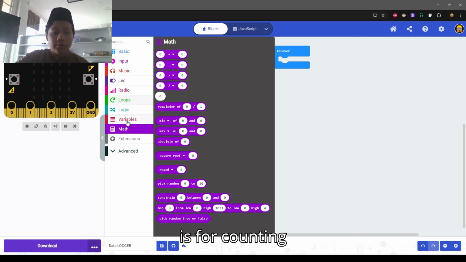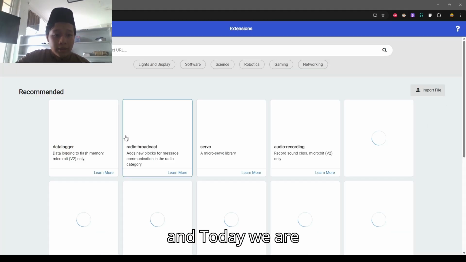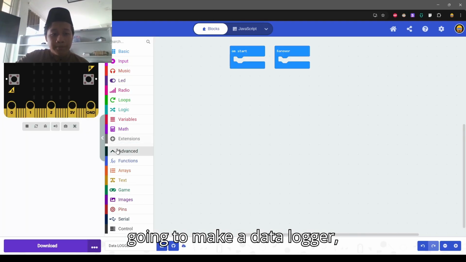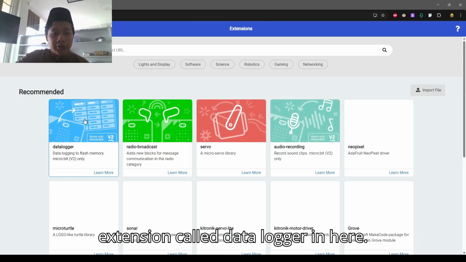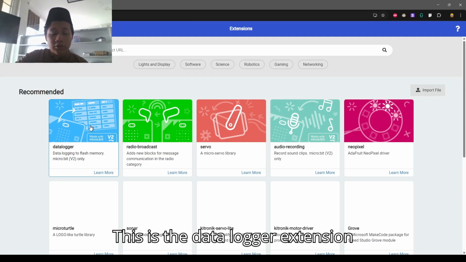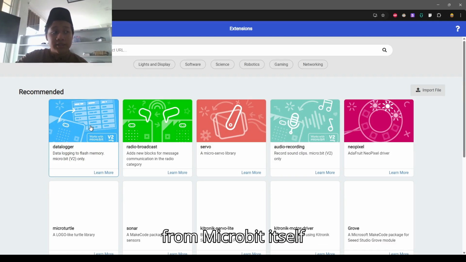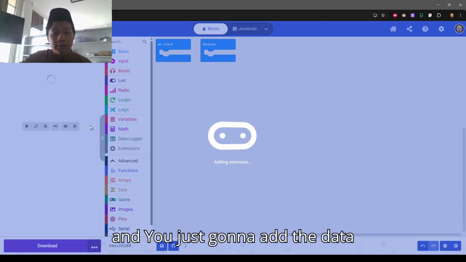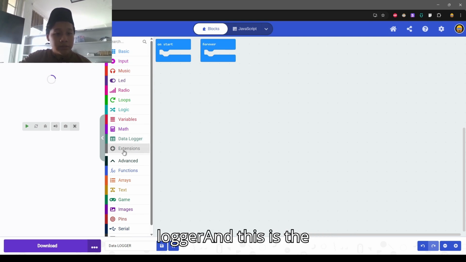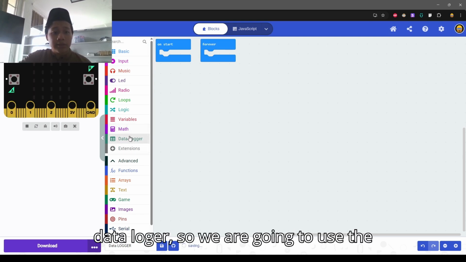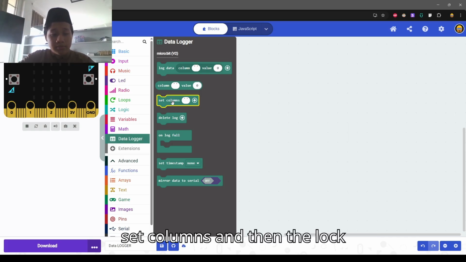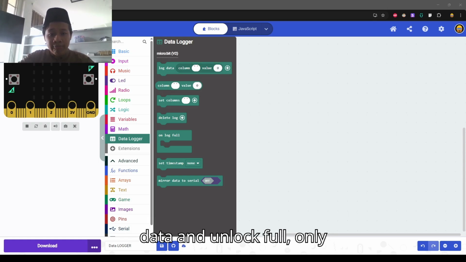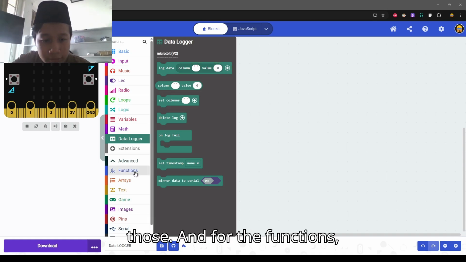And today we are going to make a data logger, so we are going to use an extension called data logger in here. This is the data logger extension from Microbit itself, and you just add the data logger. So we are going to use set columns, then log data, and on log full, only those.